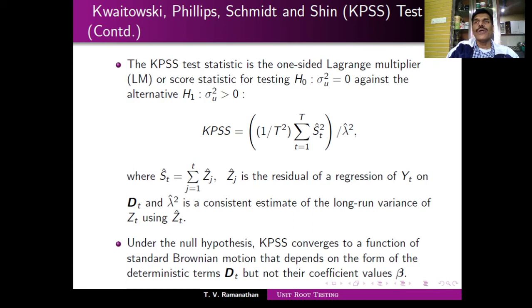Instead we use what is called the score test, suggested by Rao, where you look at the score, meaning the derivative of the likelihood, which is basically d log f by d theta at theta equal to 0, or d log f by d sigma square u at sigma square u equal to 0. This is what is called the slope of the likelihood function. D log f means d log L.